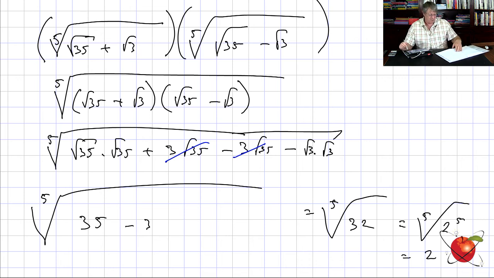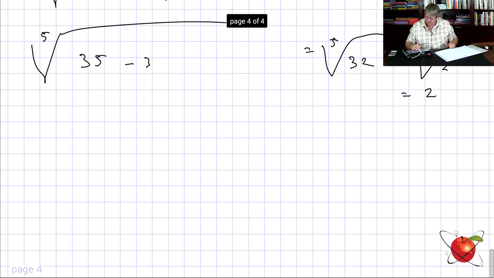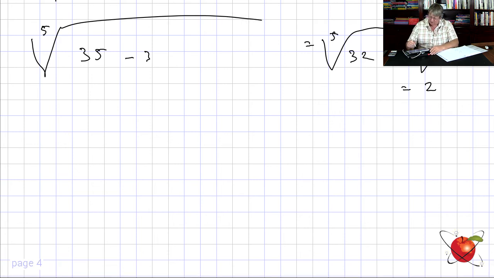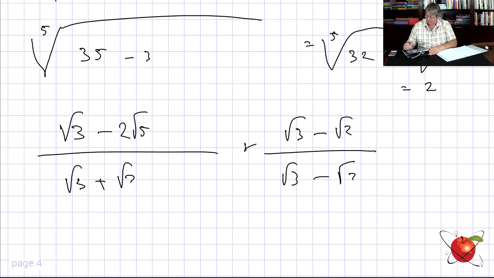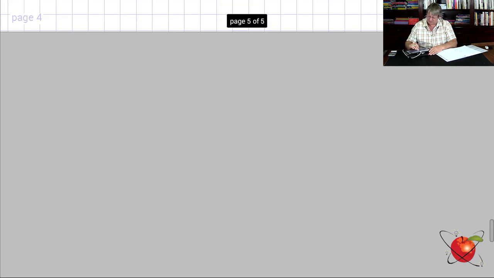That's how that works. So, just to recap, in rationalizing the denominator, you could have all sorts of weird things. You can have root 3 minus 2 root 5 on top over root 3 plus, let's say, plus root 7. And we're going to multiply that by root 3 minus root 7, root 3 minus root 7, right? Then we multiply it out. We know the denominator is going to be equal to